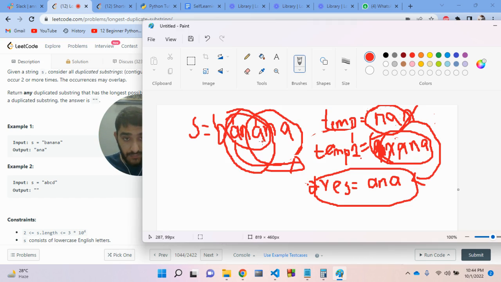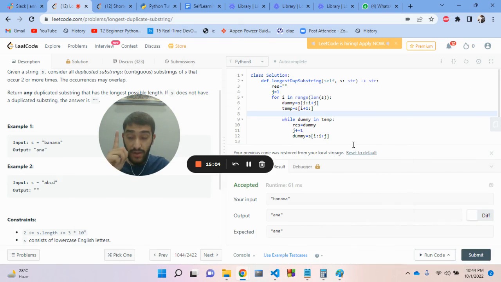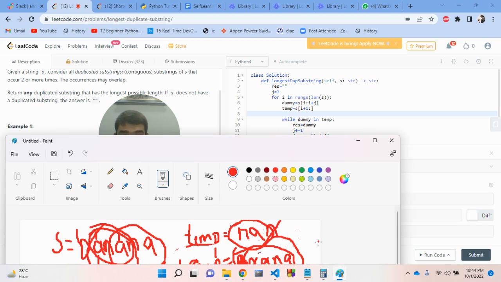After that, we checked the next character which doesn't come in the temp1 variable, so it did iterate for only one time for one for loop iteration. So we will see